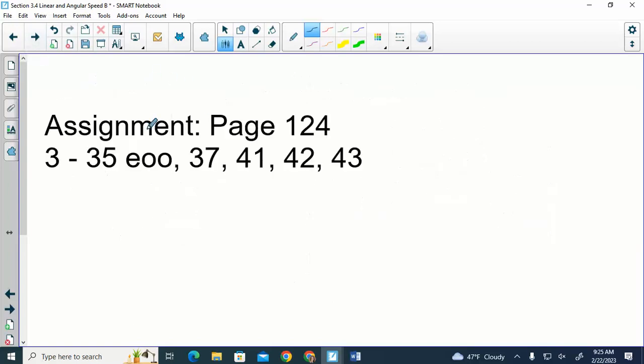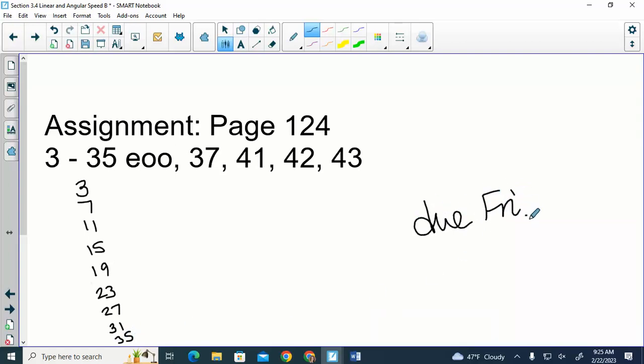So, I want to give you guys some time to work. These are every other odd, so it's like 3, 7, 11, 15, and so forth. Some of them are pretty basic, just plugging things into the formulas. Some of them get into more of the word problems like we were doing. This is going to be due Friday. We will have some class time tomorrow as well, but we're going to do a little more review. So it's not just a full work day tomorrow, we are going to be doing some other stuff as well, but this won't be collected